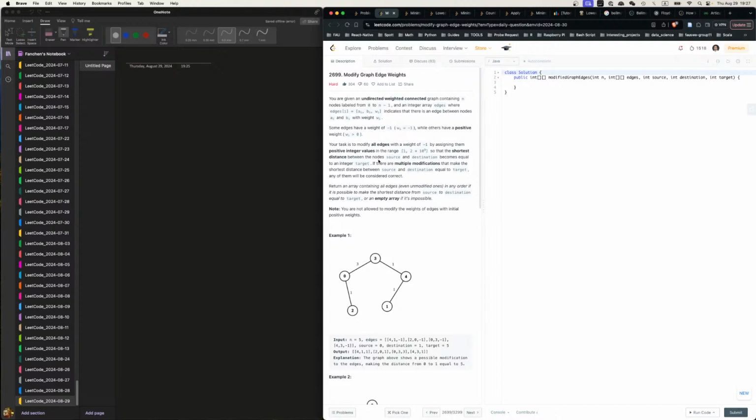distance between the nodes, source and destination, becomes equal to an integer target. If there are multiple modifications that make it possible, any of them will be considered correct. Return an array containing all edges in any order if it is possible to make the shortest distance from source to destination equal to target, or an empty array if it is